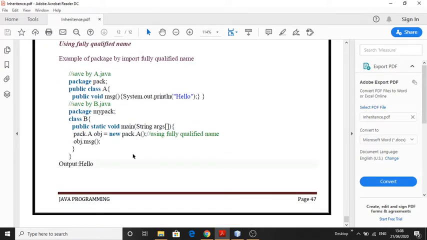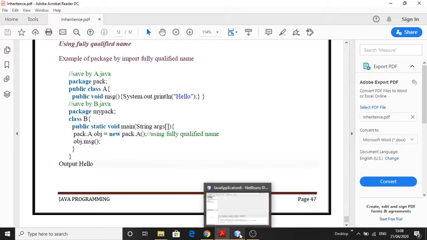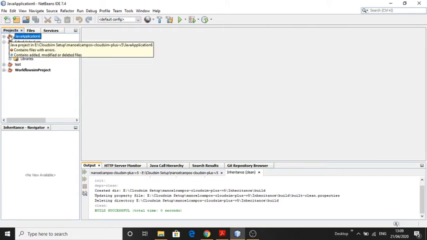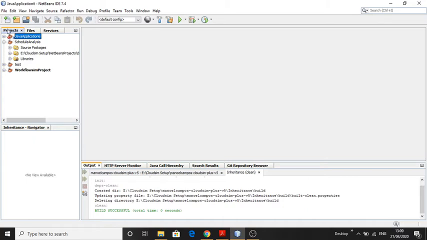Okay, now we will create an example of inheritance which demonstrates runtime polymorphism, method overriding, and abstract classes. We will use NetBeans as the IDE. You can use either a Notepad editor or any other easily understood IDE.